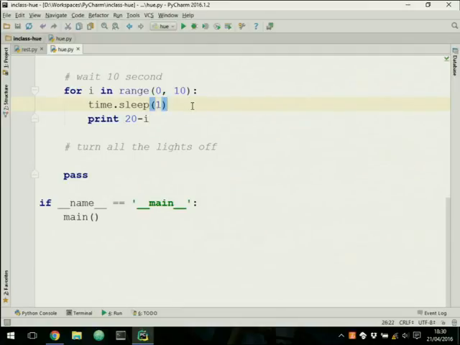So for 10 times, we sleep 1 second, and we print the number as a countdown. We can also say time.sleep 10. Here we can also print the countdown. And then